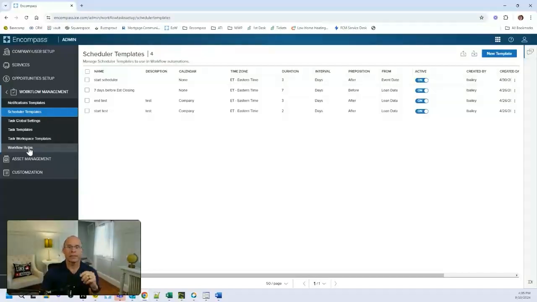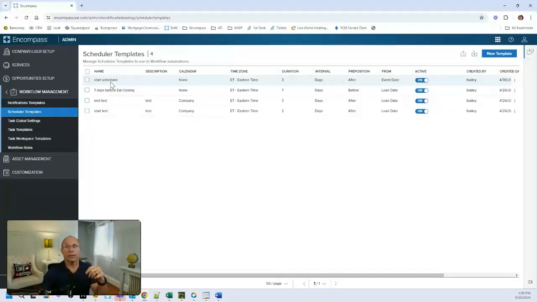A good example is, let's say that you want to send out a notification to the loan officer or the disclosure desk, if you've got a disclosure desk, that a disclosure is due for the Bailey loan, and you want it to trigger off of 3142. So you're going to create a workflow rule that says when 3142 is no longer empty, so not is empty, in other words, it's got a date in there, right? 3142. You're going to start a scheduler, and the scheduler you'll start is send out initial disclosures.